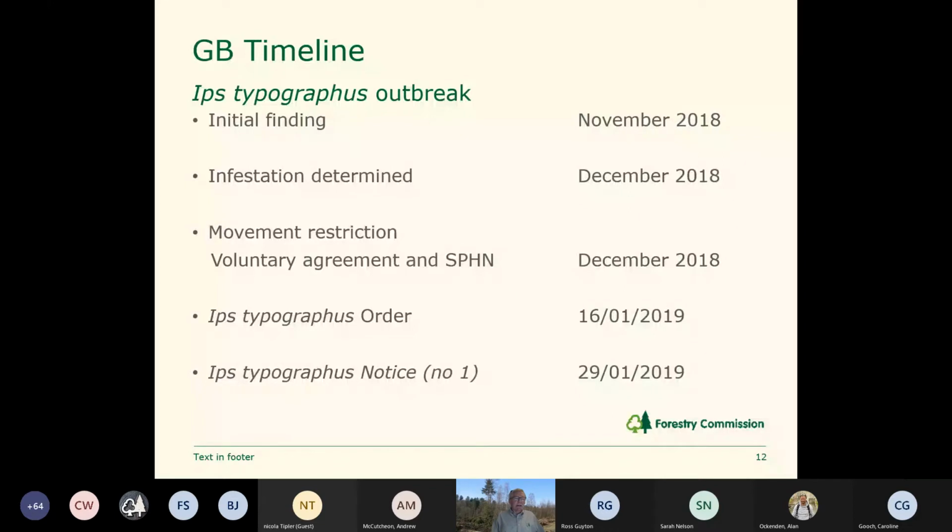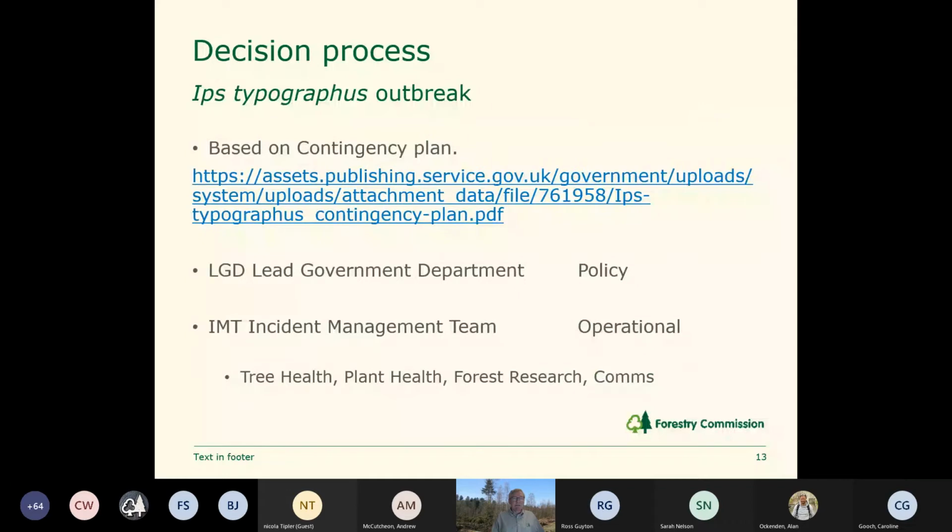So the decision process, as I said, was based on the contingency plan. That's published, it's a PDF, it's published at this link. Like a lot of contingency plans, it's a good plan as a starting point. Never having had to deal with an outbreak of Ips typographus before, that plan has been reviewed and is undergoing further revision at the moment, and there have been slight diversions from the original anticipated process, but very rapidly the